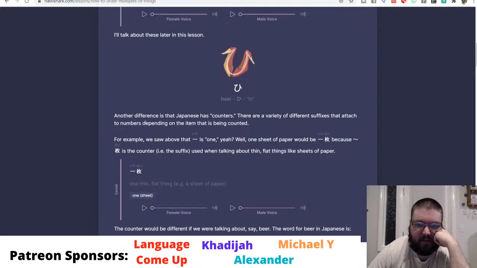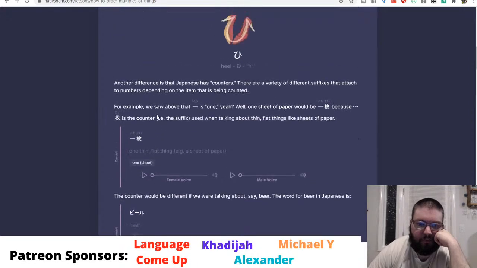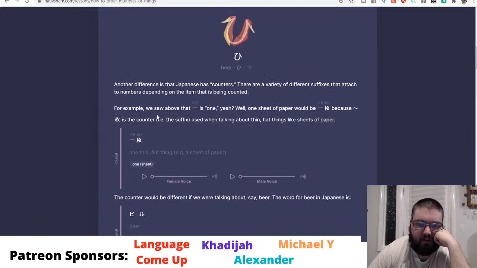Another difference is that Japanese has counters. There are a variety of different suffixes that attach to numbers depending on the item that is being counted. For example, above we saw that ichi is 1. Yeah, well, one sheet of paper would be ichimai because mai is the counter, i.e. suffix, used when talking about thin, flat things like sheets of paper. Yeah, because there was something that I learned also, which was